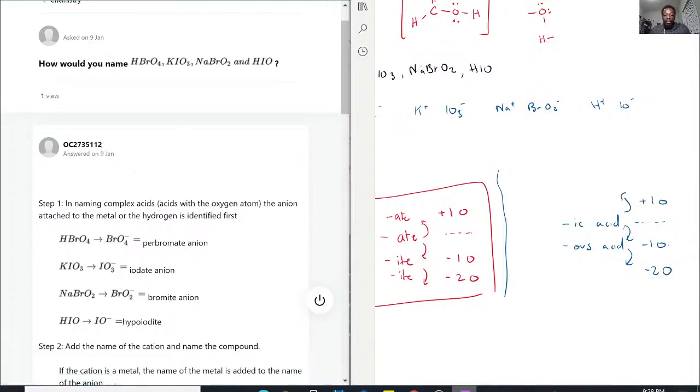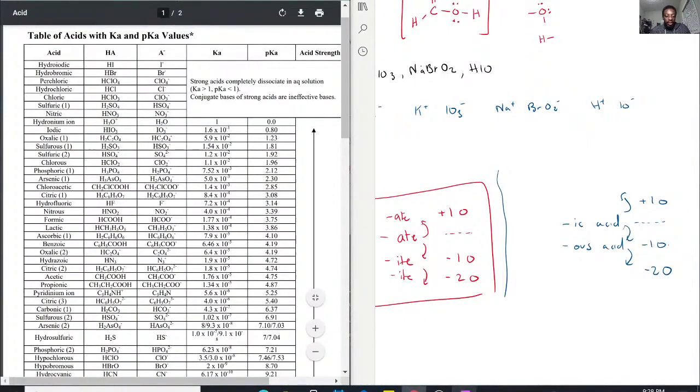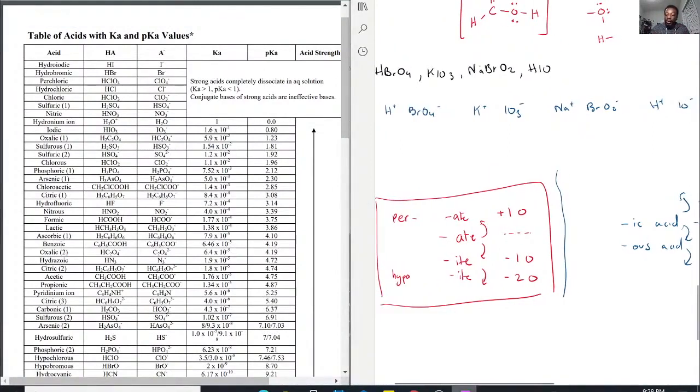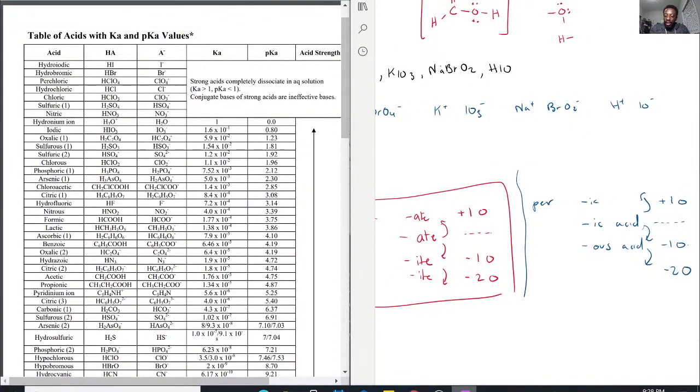When we do that, based on our acids sheet, if we look at ClO4, HClO4, which is perchloric acid, it seems to stick with the same prefix of the per, but instead it has the ic acid. Okay? And if we look at this and we look at